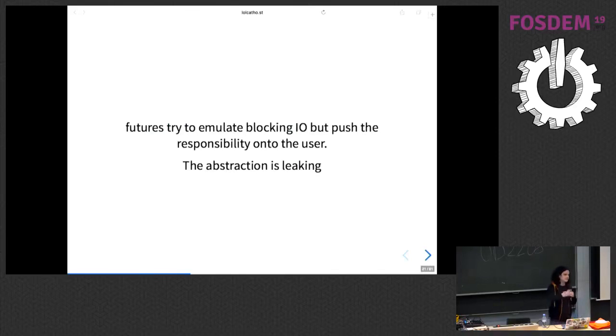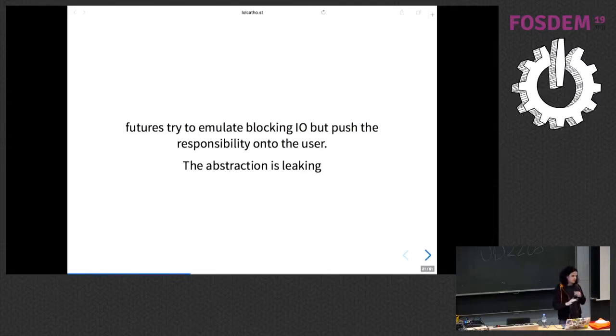So what happens is futures want you to think in terms of blocking I/O. Like you do this and then that and then that, and it's very imperative and very nice. But the way they're done is based a lot on async networking, and so you have to think about the async networking under that. When you debug a future, you have to think, okay, where did I get the readable event for this socket that triggers this other one to execute that function? And it can be a mess to debug, especially when you're doing low-level development and protocols.